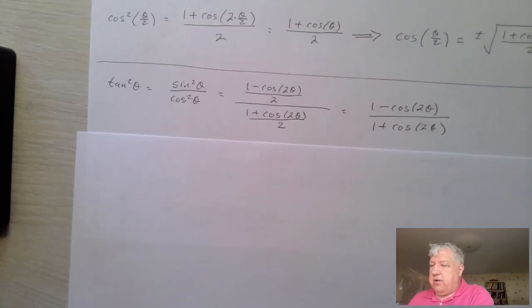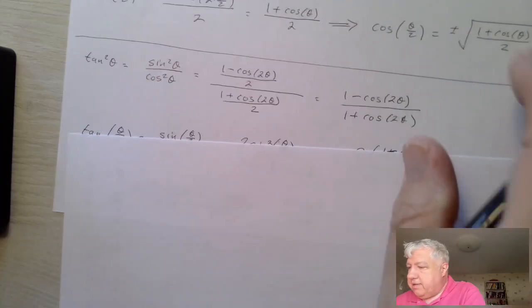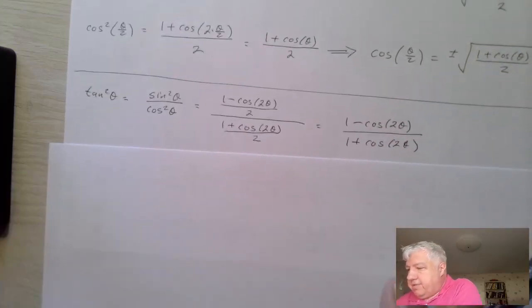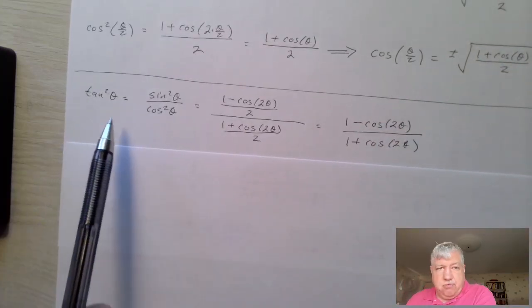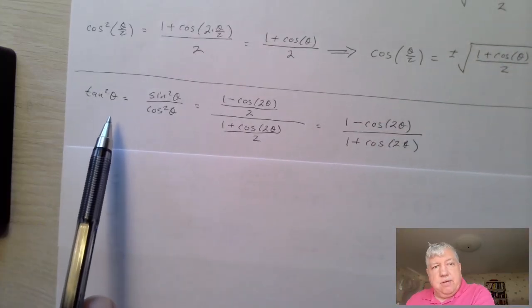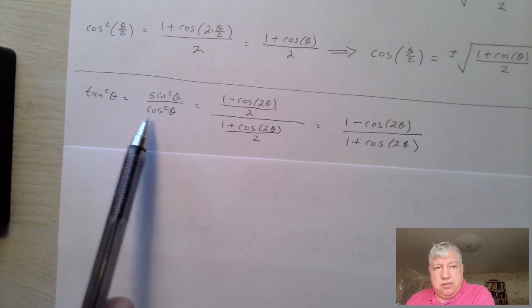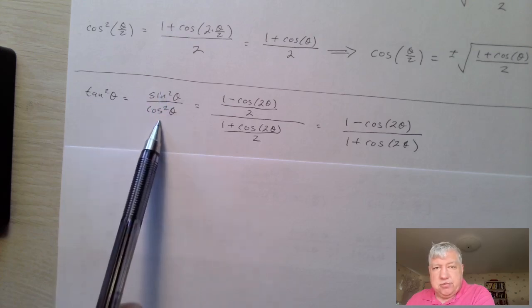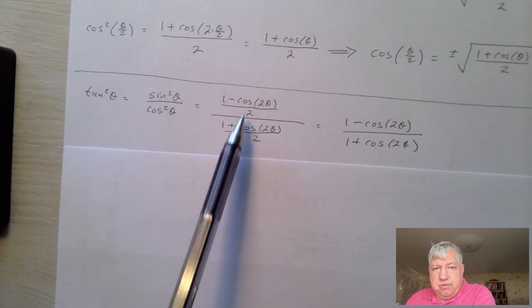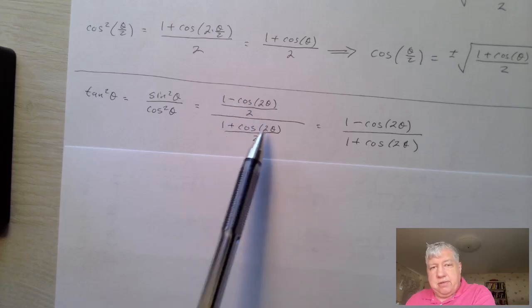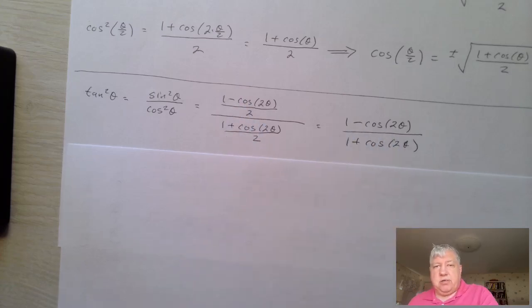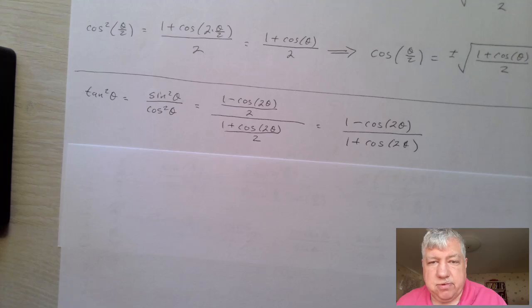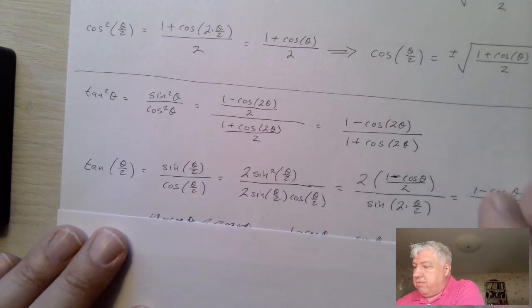again falls under, oh, by the way, the tangent squared. It's probably best to just realize the tangent is sine over cosine, so tangent squared is sine squared over cosine squared. So we can just substitute these two expressions in, and the 2's cancel, and we get 1 minus cosine of 2 theta divided by 1 plus cosine of 2 theta. And then replacing,